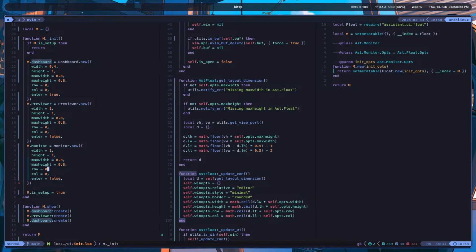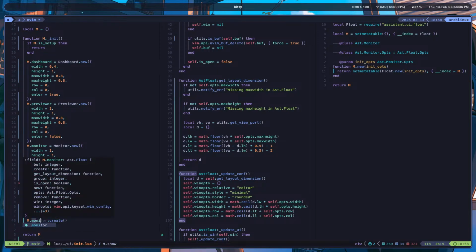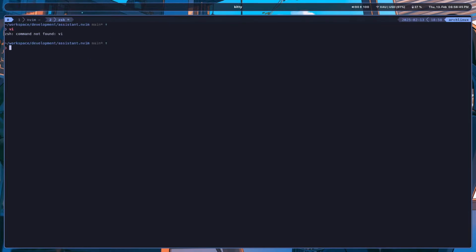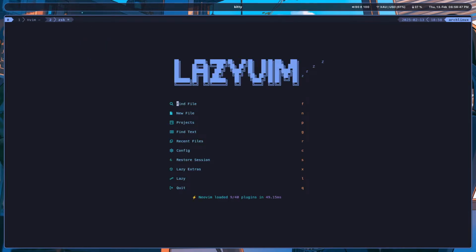Wait, what? Come on, this should be small. Wait, what? See, monitor. Okay, I guess this should be it. Let's test this. Another terminal instance, and